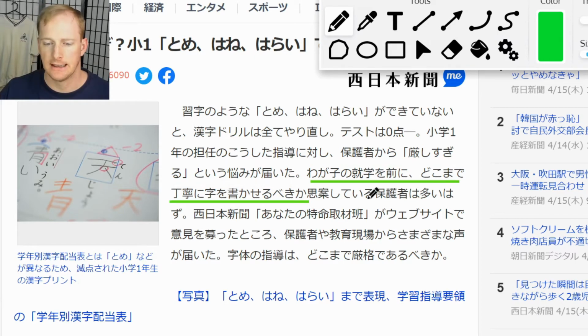Wagako no shugaku o mae ni. Now, shugaku is really entering into school. So we're talking about kids who are, you know, young. They might have gone to yochien or stuff like that. But really, there's a time when kids are not going to school and then they enter into the school system at some point. But the idea is obviously that you're supposed to teach your kids something before sending them to school. And in Japan, hiragana, katakana, kanji, these are some things which are taught to kids before they enter into school. So shugaku o mae ni, so before they get into the school or are put into the school system,